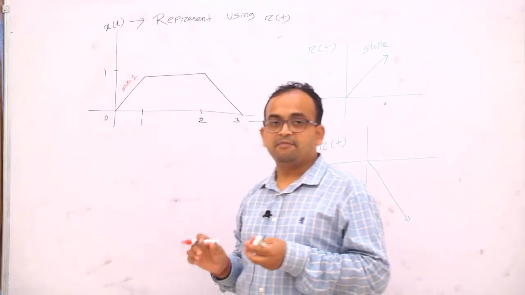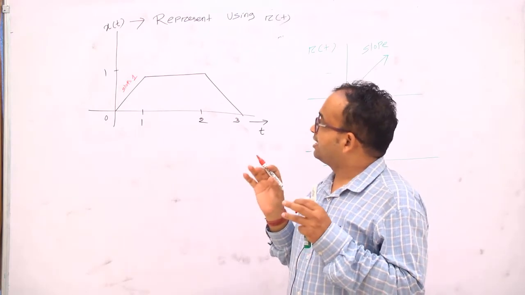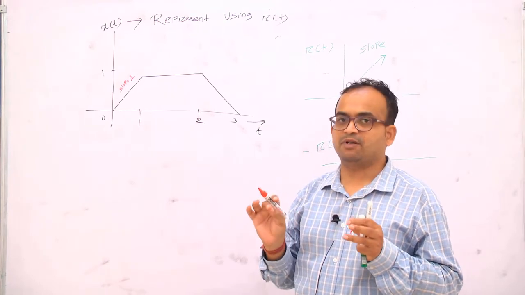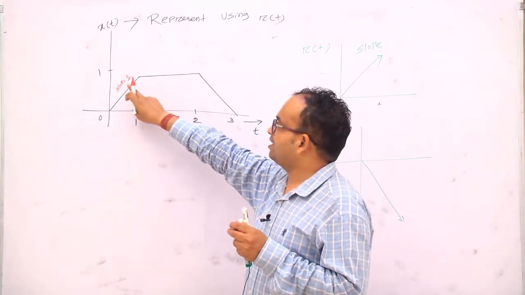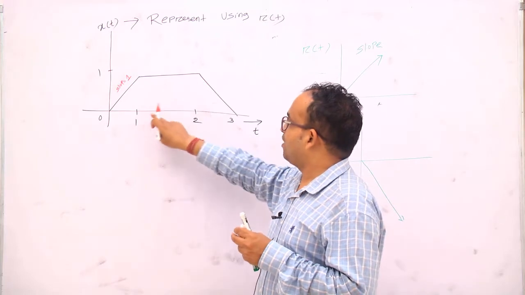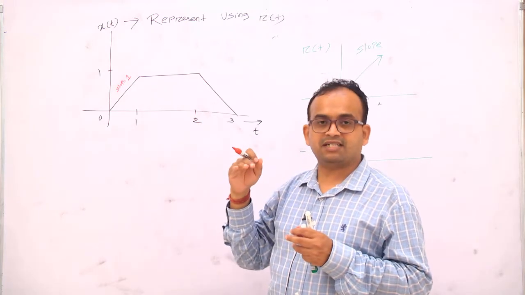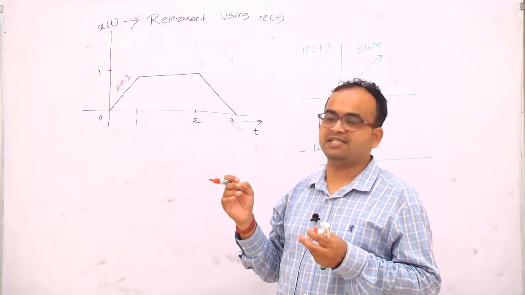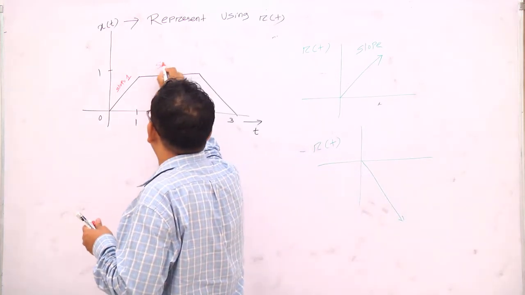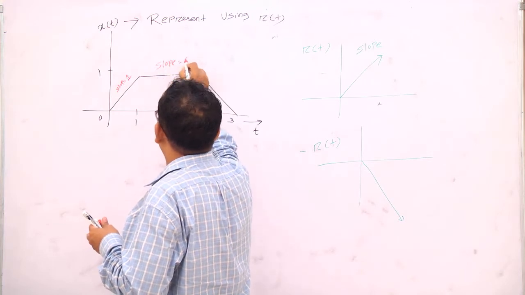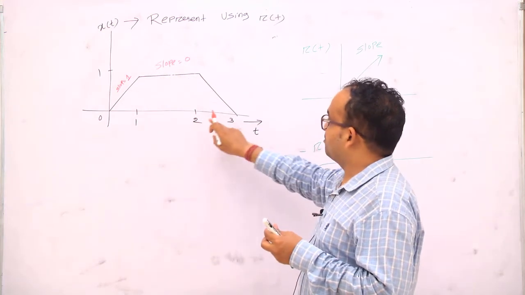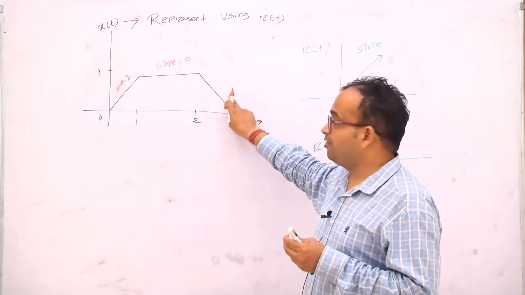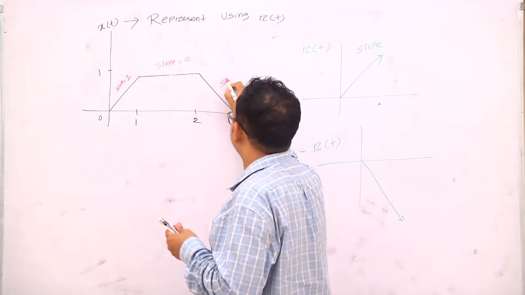here slope is 1. Before going to represent the ramp signal, first of all we have to write the slope of the total signal. Slope is 1. Similarly, from 1 to 2, the signal is constant. So what is the slope? Slope will be 0 for a constant curve. So here the slope is 0. Right? So at the last, from 2 to 3, the signal is decreasing. Means what is the slope here? Slope will be here minus 1.